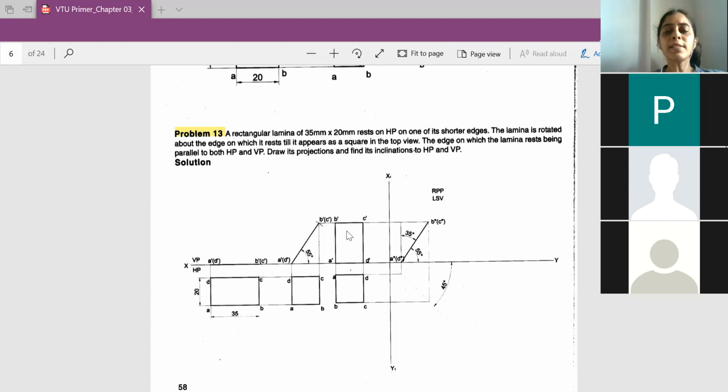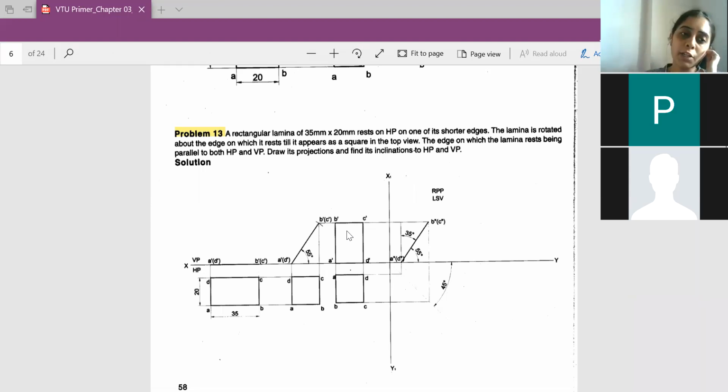How does it look? And with respect to VP inclination also they have given. So what we do is you just take 45° line here and then you take the projections from A and D, projection from B and C, it meets at some angle. Then you take the projection above, extend the projection from B dash to C dash, A dash to D dash, it will meet at two common points. Name this as A dash and D dash and B dash and C dash. You measure the angle, it will be same as you got over here for the verification of the inclination. If this has to be 55, the inclined angle for VP has to be 45°.